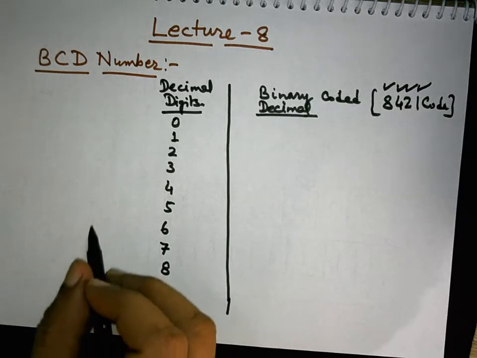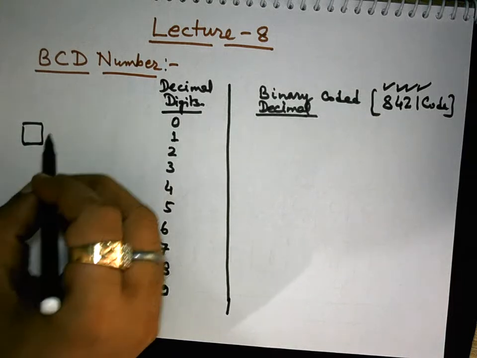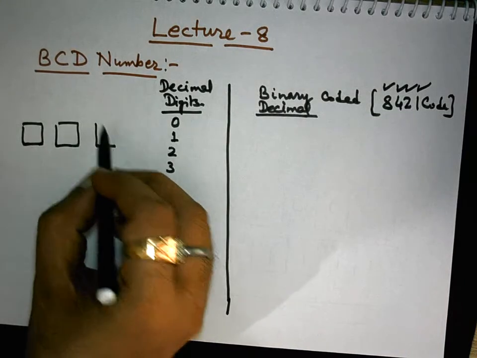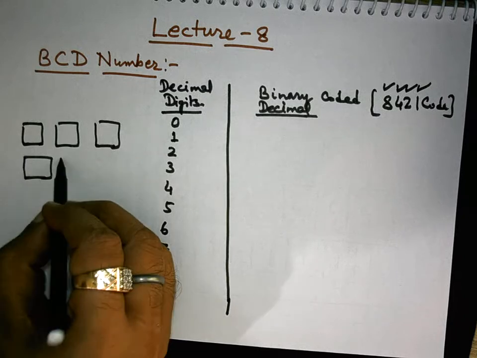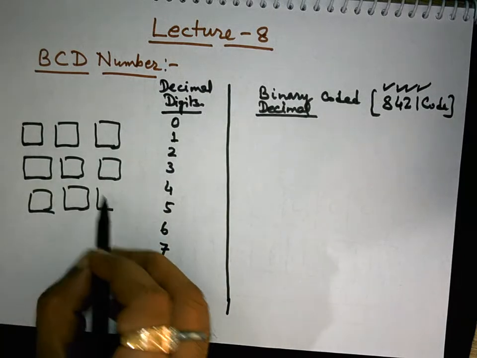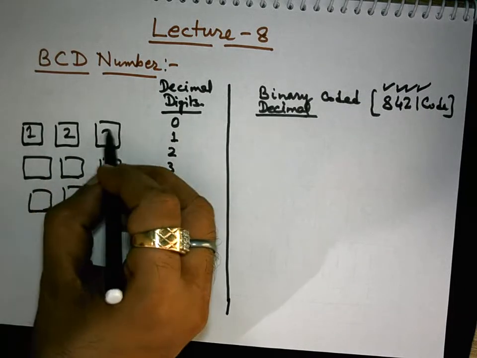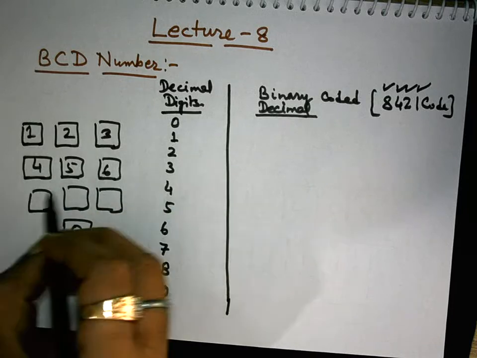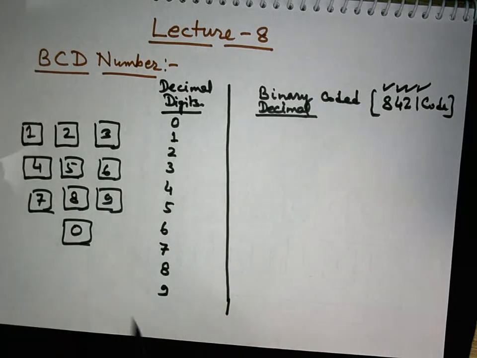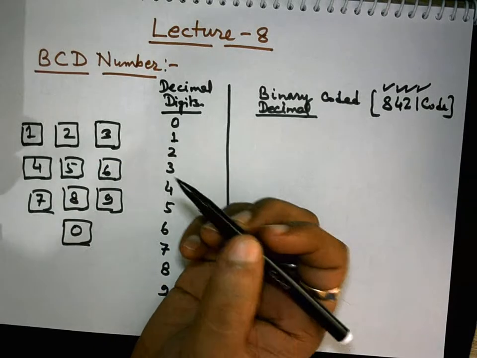As you know, on the keypad of our calculator, the digits are arranged this way. Suppose this is 0, this is 1, 2, 3, 4, 5, 6, 7, 8 and 9. These are the numeric keys as they appear on the keypad of a simple, non-scientific calculator.